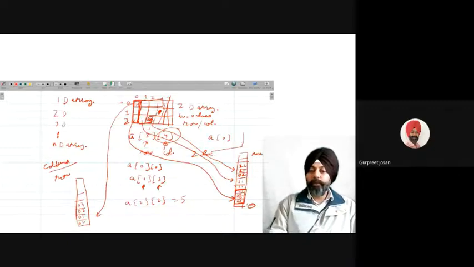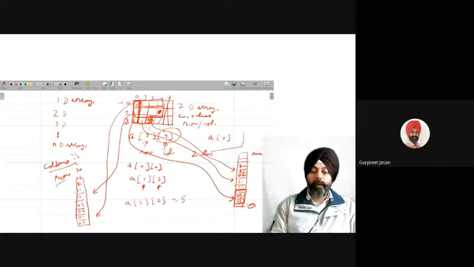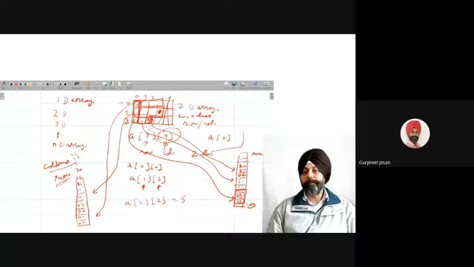When the first row is complete, then we will store the second row at the next location. That means 1,0, then 1,1, then 1,2, then 1,3. After that, 2,0, 2,1, 2,2, and 2,3. So this is called row-wise storage of memory.